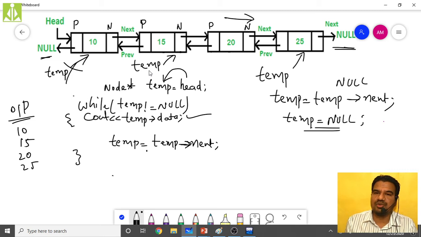So what step do we have to take before it leaves the doubly linked list, so that we can traverse in the reverse direction? Forward direction we already traversed.